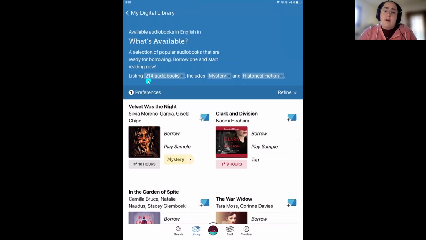But this is all about making tagged lists. So this is a big difference between OverDrive and Libby. In the OverDrive app, you can create a wish list and you can have a history list. In Libby, the tagging system is very robust. You can create as many tags as you'd like, and you can name your tags whatever you'd like to create